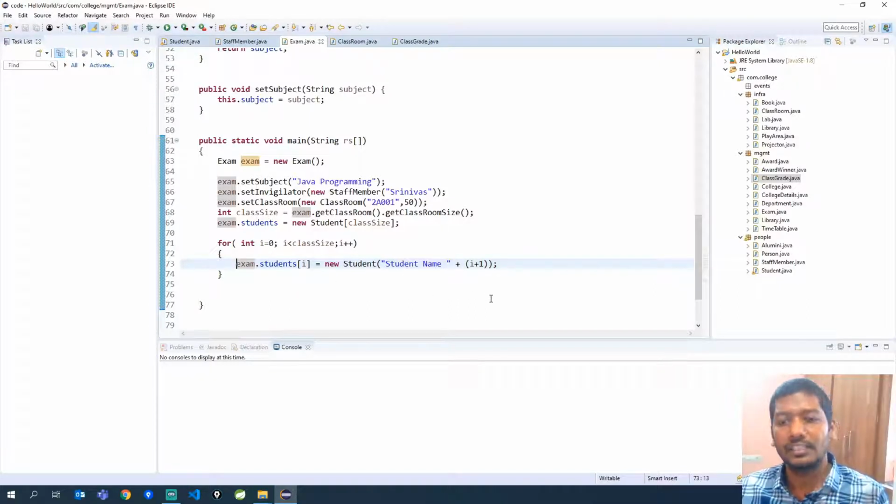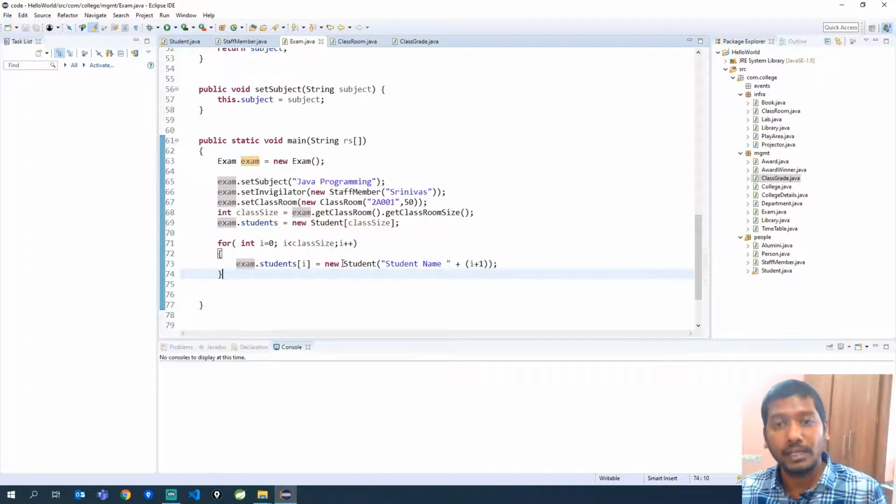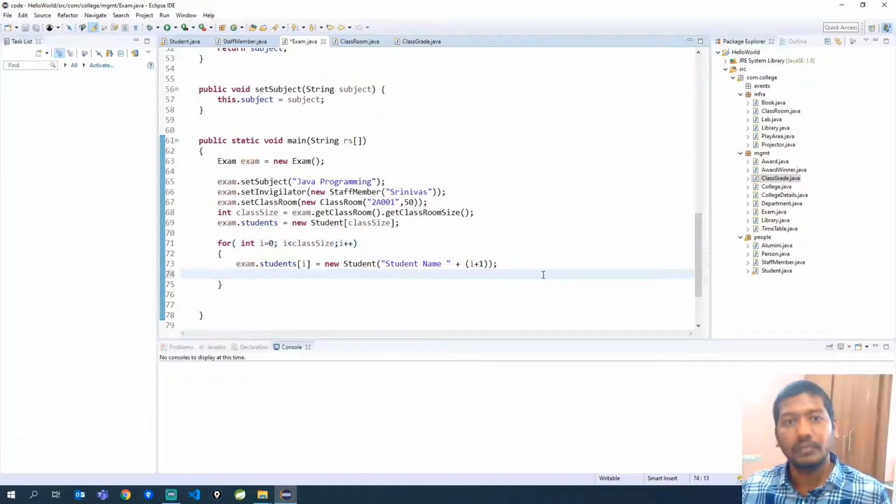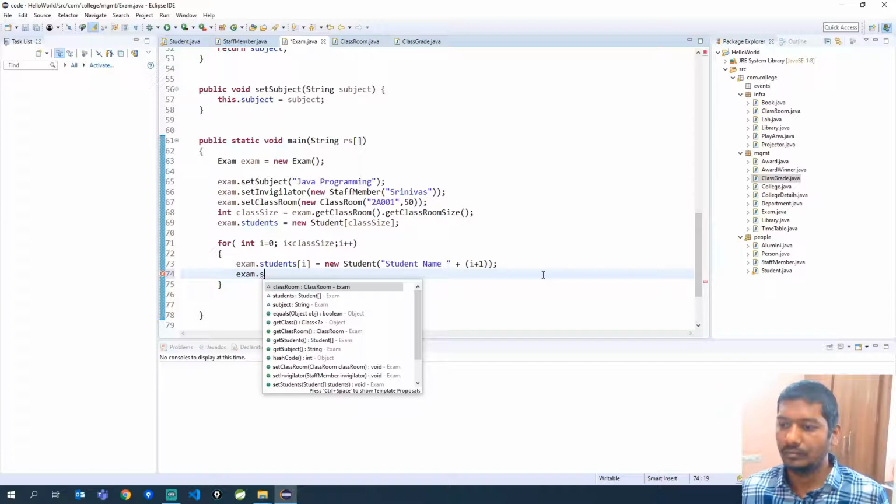This particular statement gets executed 50 times. So whatever code is present in this for loop will be executed the number of times based on the condition. And once the steps inside the for loop are executed, then it will execute the third part in the for loop, that is I plus plus, and then it increments the index by 1 more. Okay, if you want to see if it is working fine or not, you can basically print it also.